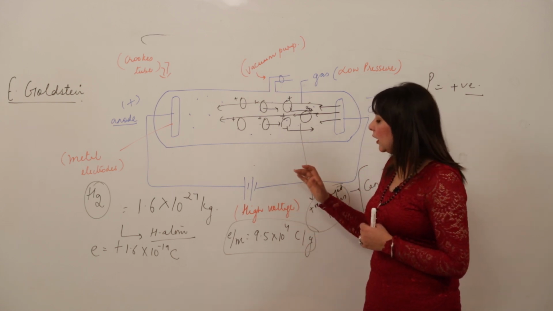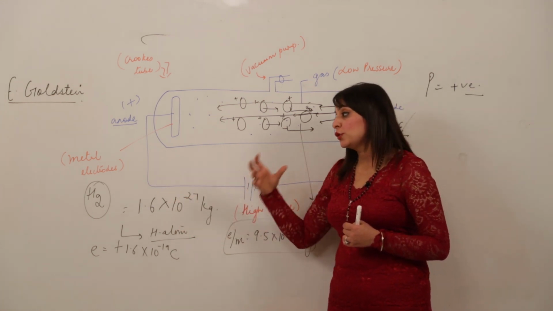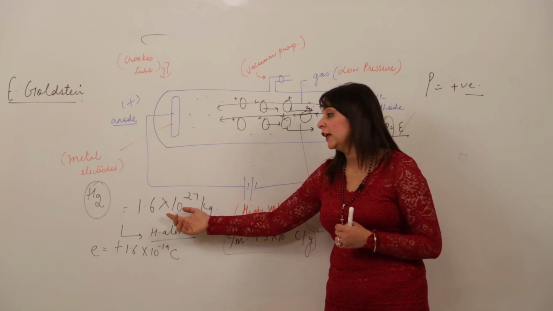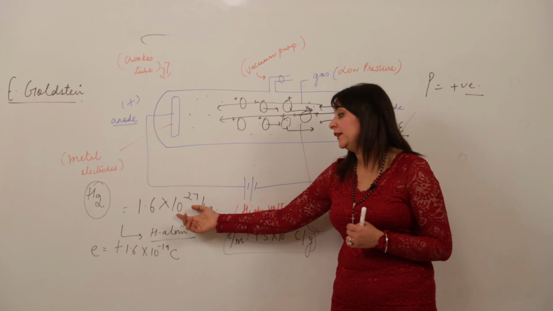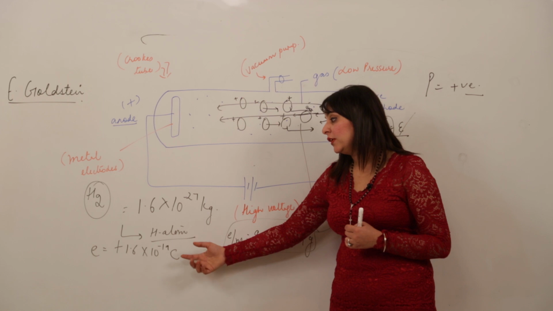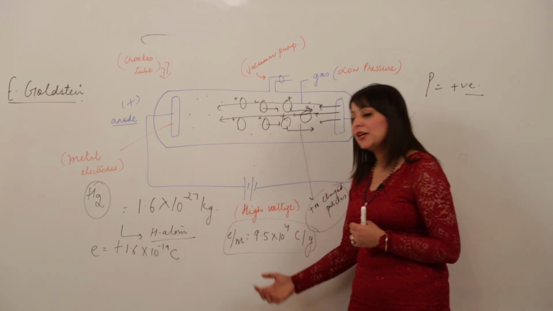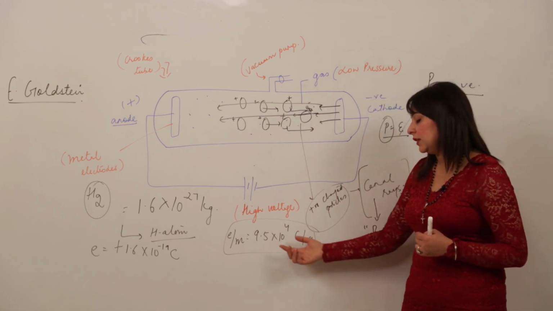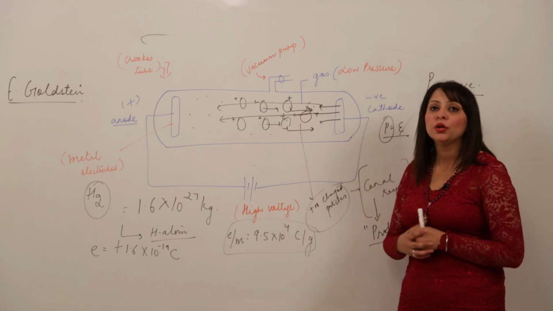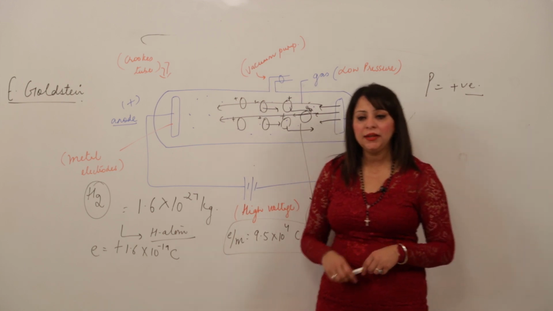So it was said that in the case of hydrogen it was found to be minimum. So the mass of hydrogen was found to be the mass of the proton, that is 1.6 into 10 raised to power minus 27 kg, and charge of the same magnitude as the electron has. The difference is only that the nature is positive. And charge to mass ratio, by dividing we get 9.5 into 10 raised to power 4 coulomb per gram. So this is how the proton was discovered. Now we consider the third discovery, that is